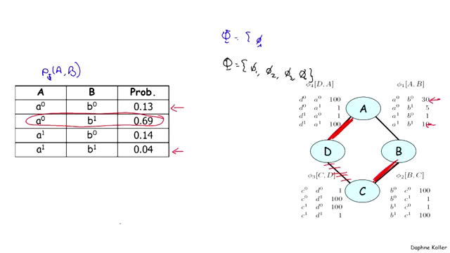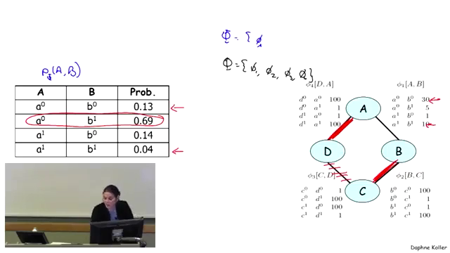Now, all 3 of these factors are actually stronger. That is, the differences between the assignments are bigger than in phi1. So where are you going to break the cycle? You can't have D agreeing with A agreeing with B agreeing with C, and C disagreeing with D. It doesn't work. And so somewhere this loop has to be broken, and the place where it gets broken is A and B because that's a weaker factor. So the AB probability is actually some kind of complicated aggregate of these different factors